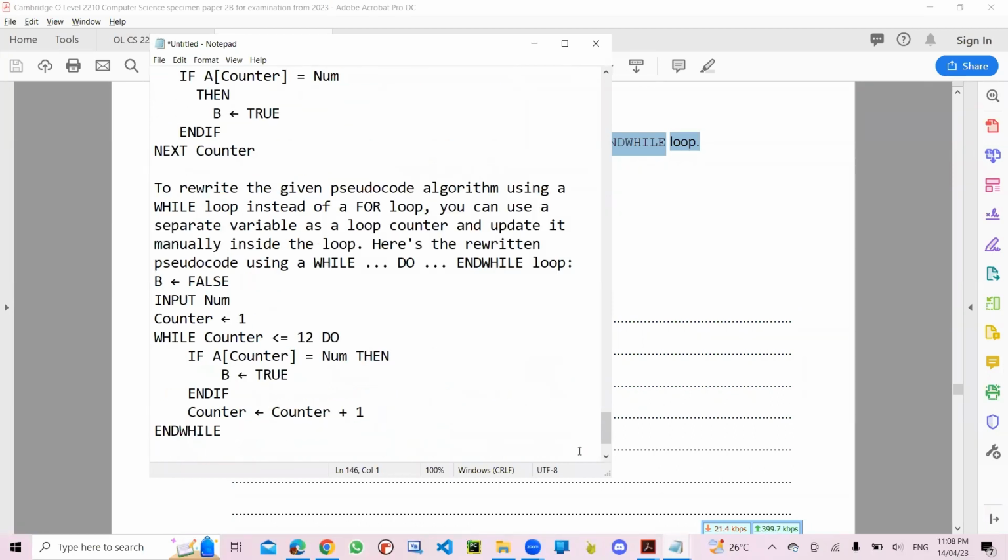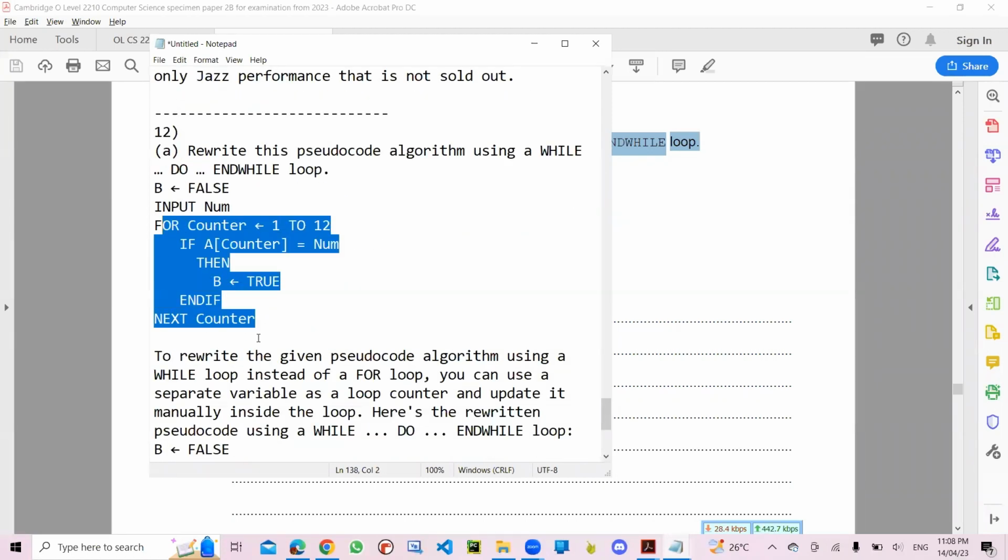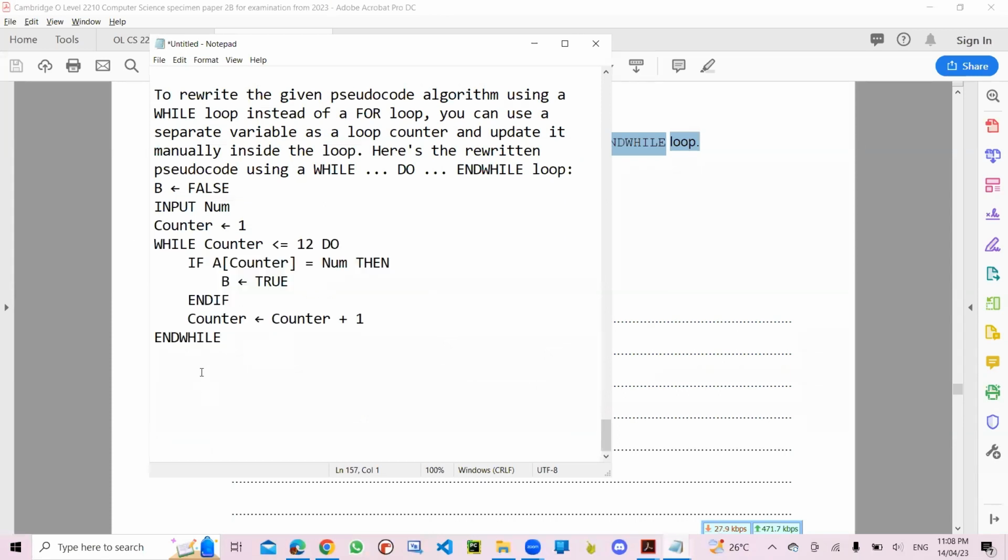तो अब हम क्या करेंगे, b is equal to false, input number, counter is equal to 1. ये जो काउंटर है ना, ये तो सिस्टम खुद चला रहा था for next का, यहाँ पे हमें काउंटर को इनिशियलाइज करना पड़ेगा खुद. ऑलराइट, while counter is less than or equal to 100, do is always optional, but you can put it. If counter is equal to num, then b is equal to true, and counter is equal to counter plus 1. So that is how we will convert the for next loop into while loop. Okay, now next part,